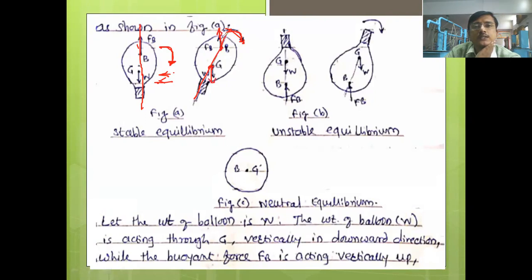Now if you look at these, both forces are equal and opposite. One force is acting in downward and the other force is acting in upward direction. If I extend the line like this and this up to here, and the distance between them, they are parallel to each other, so we can say that there is a formation of a couple here. Okay, हा या ठिकाणी couple तयार झालेला आहे.